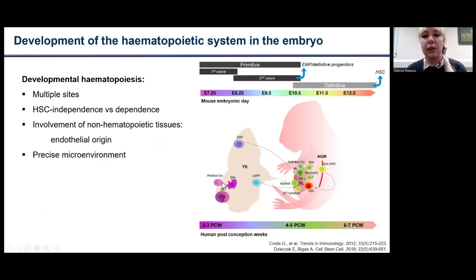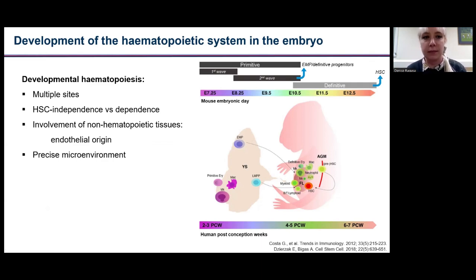There is only an emergence of very primitive, rudimental hematopoietic cell types, which are only needed for a very early immune response. And after this, a second wave will arise, which is the precursor of our progenitors that then will make up the definitive hematopoiesis, which happens later on through the embryonic days and will migrate to the fetal liver. And this is the site where most of the HSCs will arise and will then give rise to the